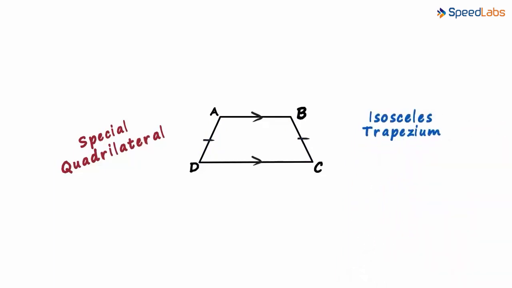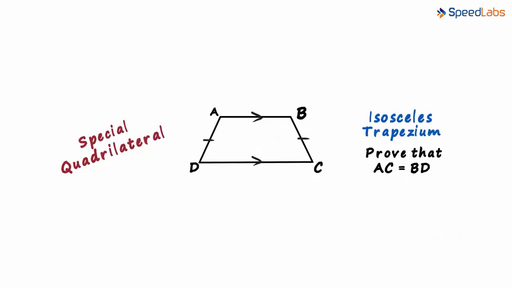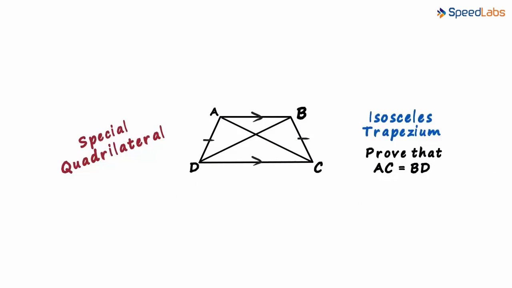But what do we have to prove here? We have to prove that AC is equal to BD, which means we have to prove that the diagonals are equal. How do we prove these two lengths equal? Whenever we have to prove two sides equal, we generally have to prove that any two triangles that include those sides are congruent. So if we prove that triangle ADC is congruent to triangle BCD, we can conclude that AC